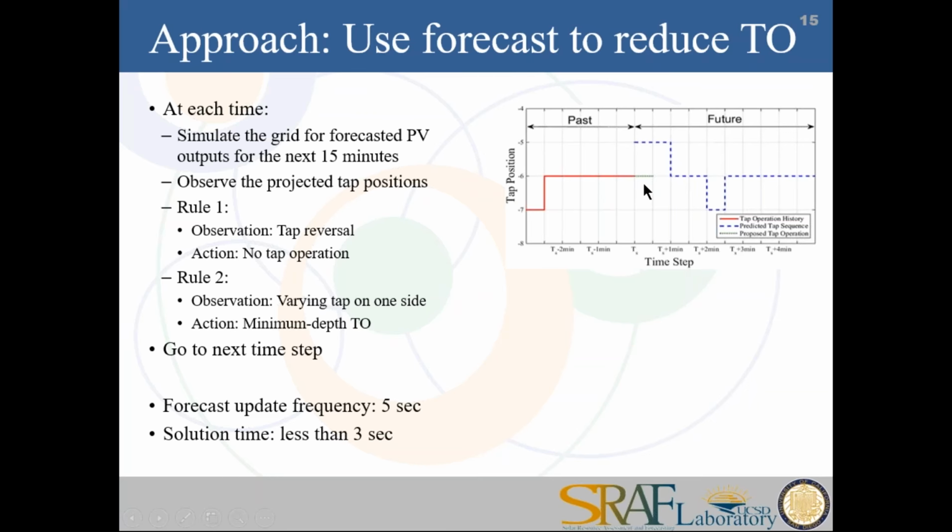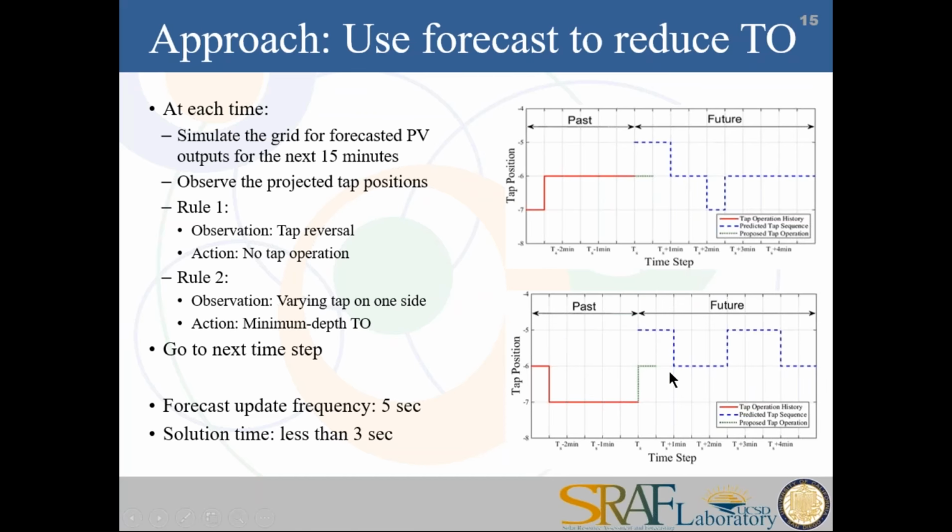The other case is where it's not going back and forth around the point where we are currently. It's moving in one direction. So here at the end of the red line, we see the tap position is higher for all of the future 5 minutes, and so we know we should really step up, but we don't want to step up all the way because again it's coming back down in just 1 minute, and so we're stepping basically to the lowest predicted position in the next 5 minutes, and again we're saving a lot of tap operations.